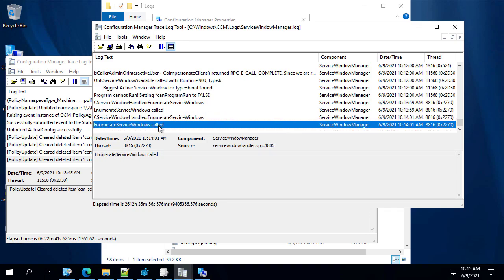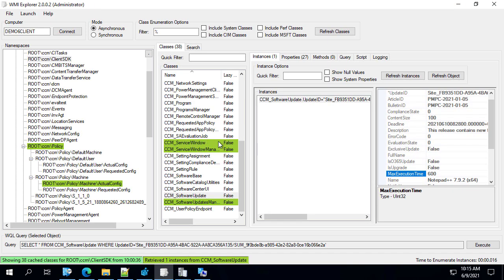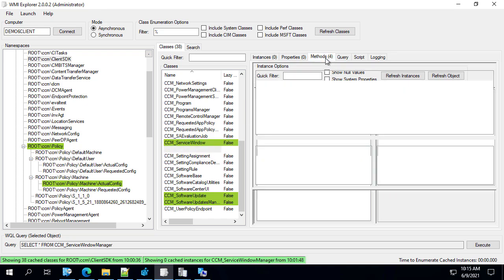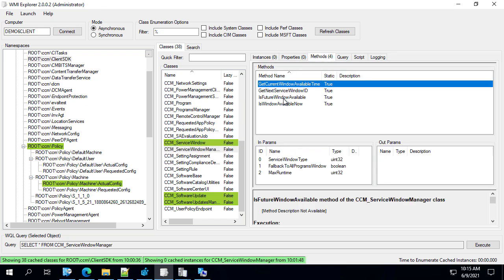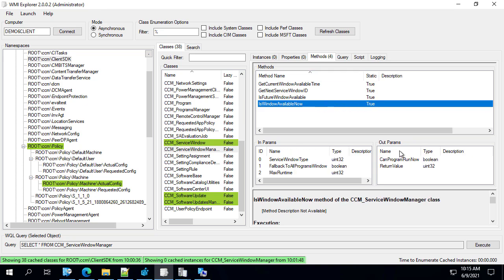And so there are actually methods in WMI that get called to make these determinations. So if you go into the CCM service window, right here, this one, yeah. These methods get called, and then they have a couple of bits. One of them is that fallback to all programs window. We talked about that setting, and that's actually also a setting on